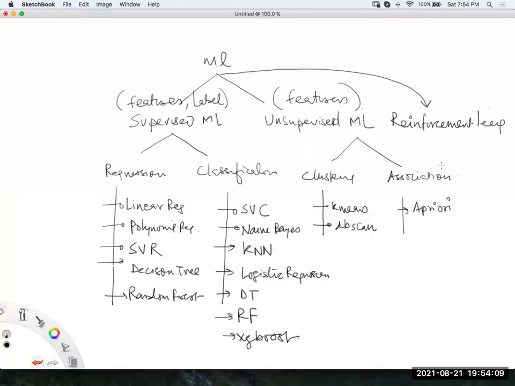As of now, when I talk to customers and industry leaders, very few companies are working in reinforcement learning. This is more of a research area. Guys, if you remember, driverless cars, reinforcement learning.